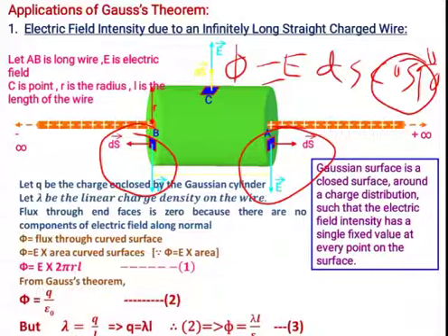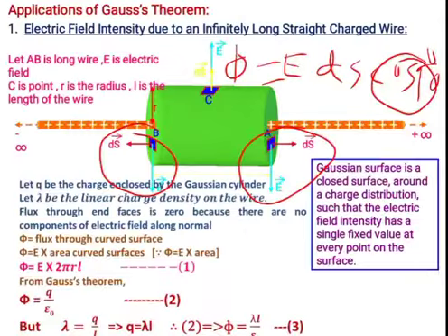Already we discussed this. But what is lambda equal to? Lambda is the linear density of charge. Lambda is equal to Q divided by L, where L is the length of this wire. This also we discussed in the previous slide. Therefore, cross multiplying, lambda into L is equal to Q. Substitute this Q value in this formula. Then phi is equal to lambda L divided by epsilon naught. Call this equation number 3.